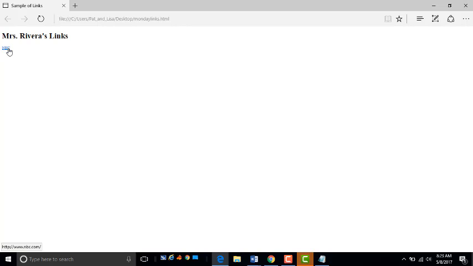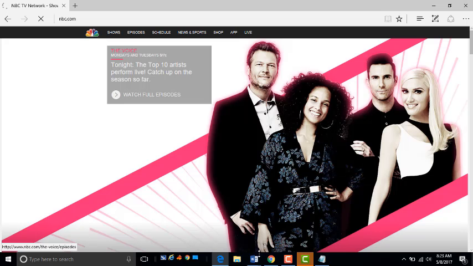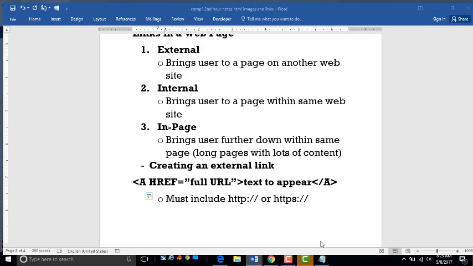When I hover my cursor over it, you can see it changes from a regular pointer to a hand when I'm in Microsoft Edge. Notice also when you hover over a link, if you look down at the bottom of the screen near the status bar, you'll see where that link takes you. So if I click on it and wait for it, it should load NBC's website, and it did. So let me go back